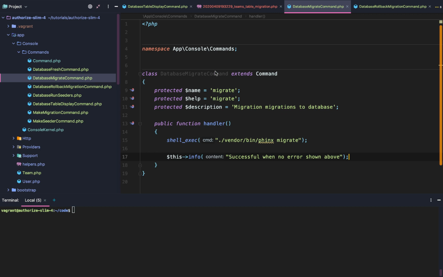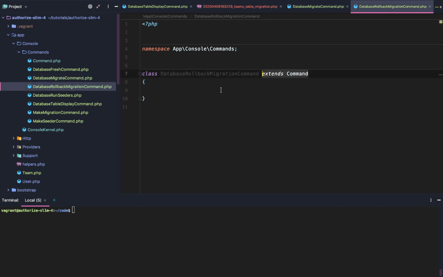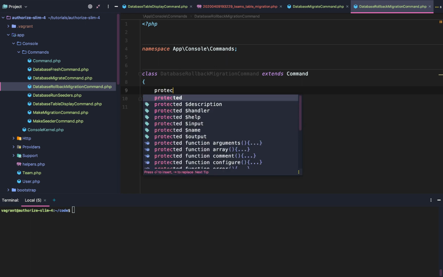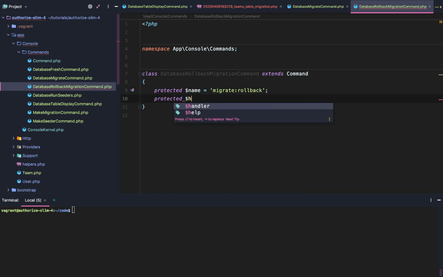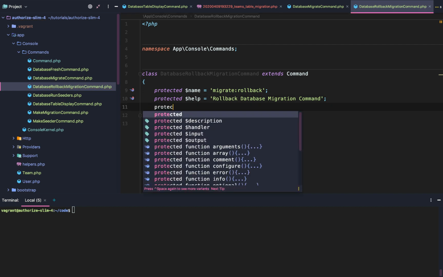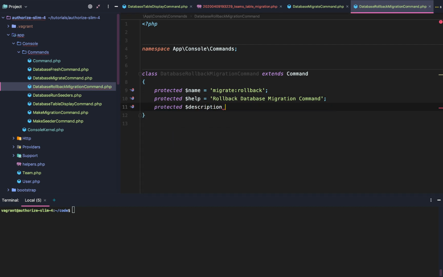Just like that. Okay. Database make or database migrate command, database rollback migration command. So protected name equals migrate rollback. We're going to do protected help is rollback database migration command. And we're going to do protected description equals rollback previous